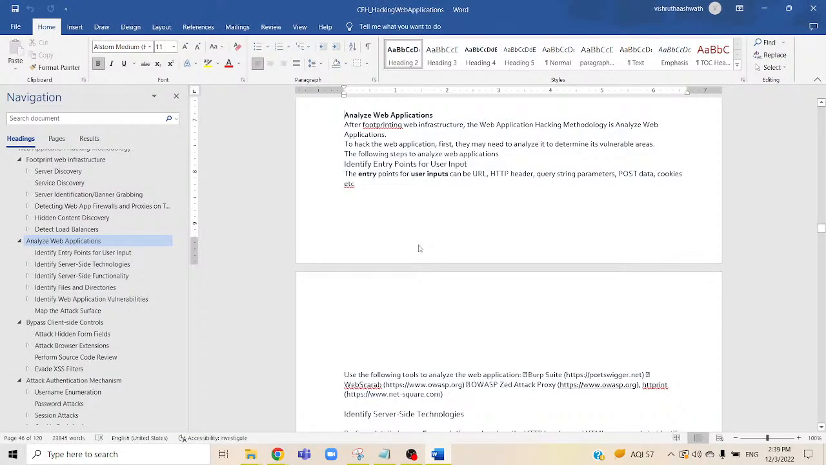So let's look at analyze web applications. After footprinting web infrastructure, the web application hacking methodology is analyze web applications. To hack the web application, first they may need to analyze it to determine its vulnerable areas. The following steps to analyze web applications: